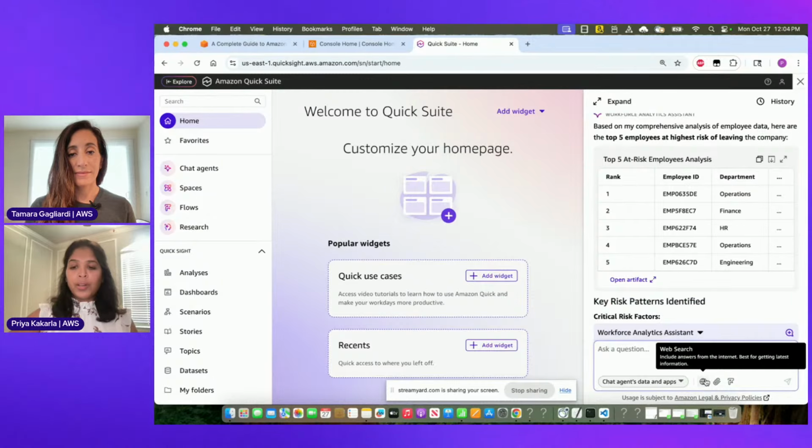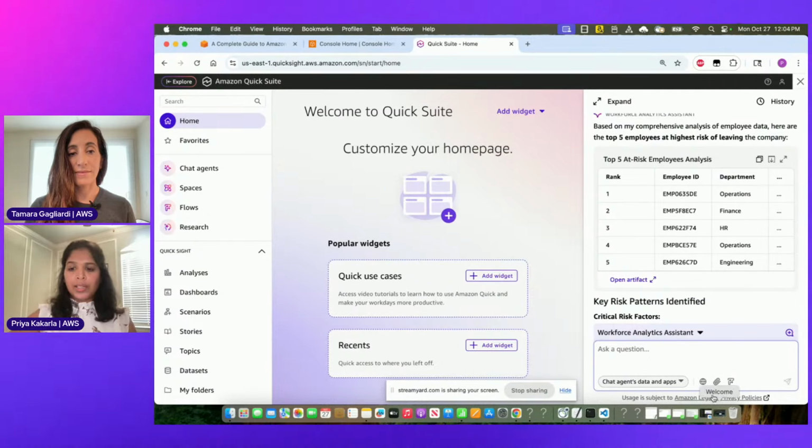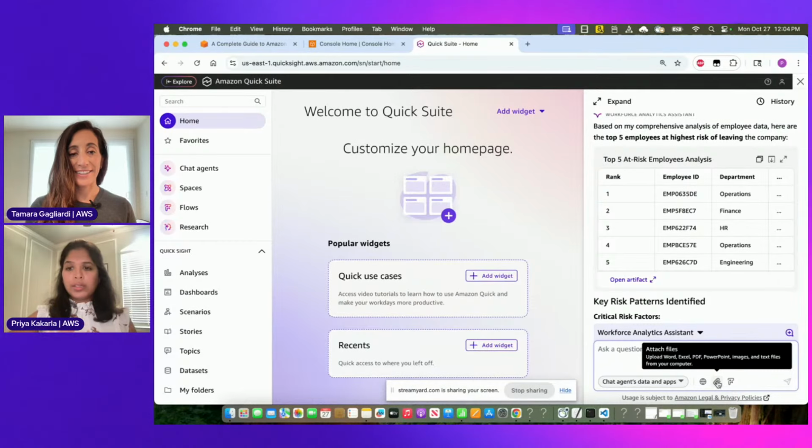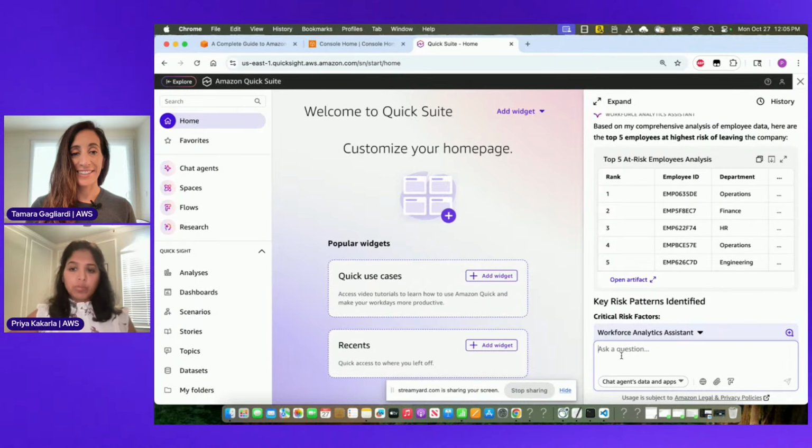And if you want to enable web search along with the data that you have in your organization, you can do that as well. Or if you have additional files on your desktop that you want to augment with, which are not in your space, let's say I have some ideas on how I can retain these employees, which are not part of the organization, but I want to understand how that works, I can